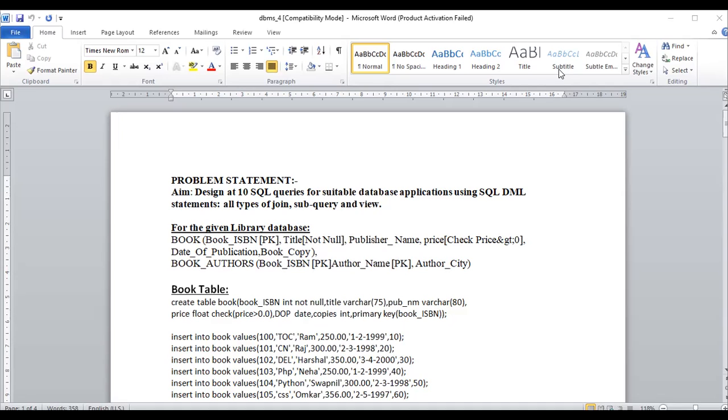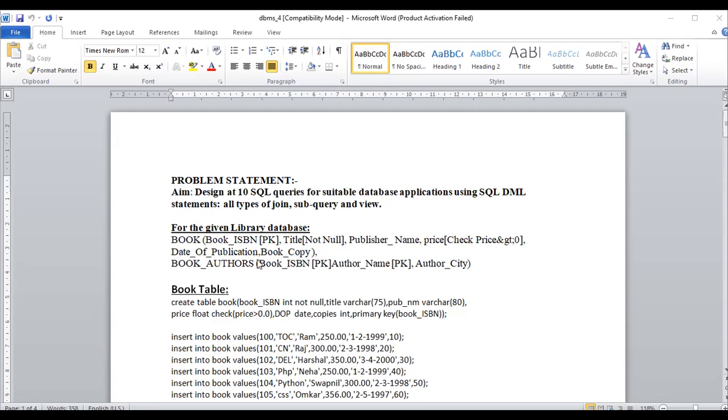But now we will go in detail with the manipulation language with the help of different types of inner join and outer join operations. Left join and right join are the types of join operation we want to perform. Merging a number of tables, then query within query, that is the nested query, and creation of the view. So these types of operations we want to perform under the third problem statement.